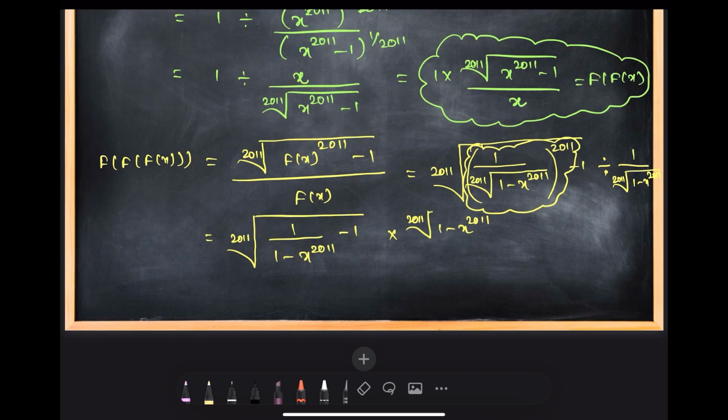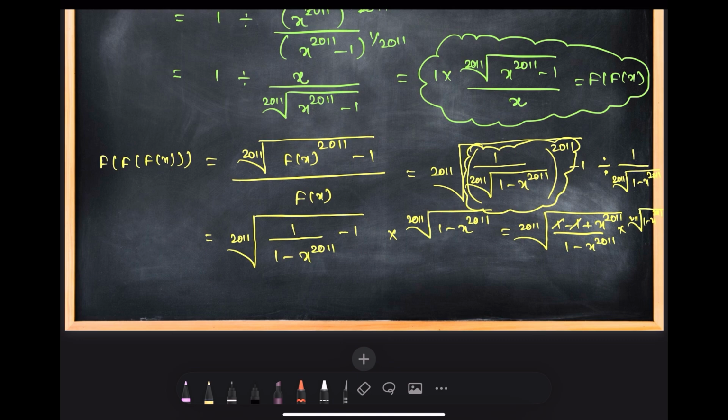x power 2011. Okay. Now let's take the LCM part. So we will have 2011th root of (1 minus x power 2011) plus x power 2011 upon 1 minus x power 2011, and then this root, this thing gone, multiplied with the 2011th root of 1 minus x power 2011. Okay,